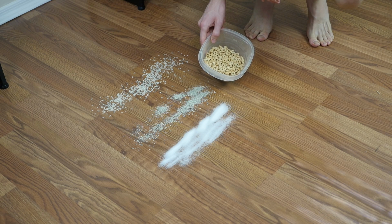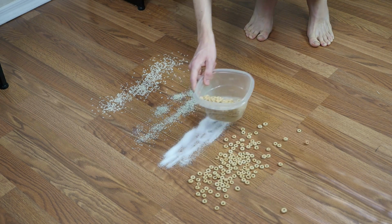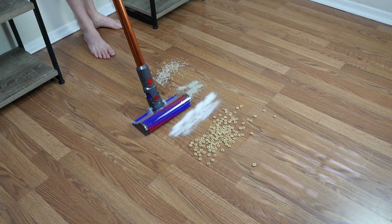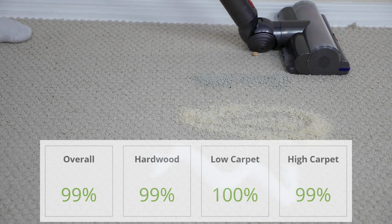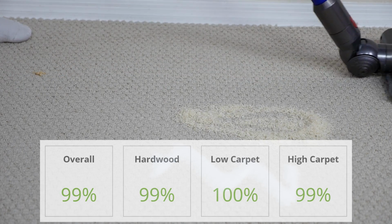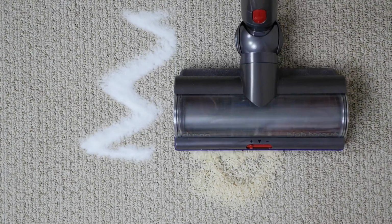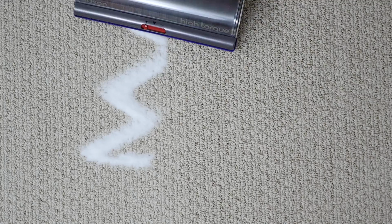model. All Modern Castle vacuum reviews are tested on 3 different floor types and against 4 different debris types. For each test, we measure the percentage of debris cleaned. Cleaning performance on the Dyson V11 for hardwood floors, low pile carpets, and high pile carpets was virtually flawless. The V11 removed an average of 99% of all debris we tested against, making it one of the best vacuums